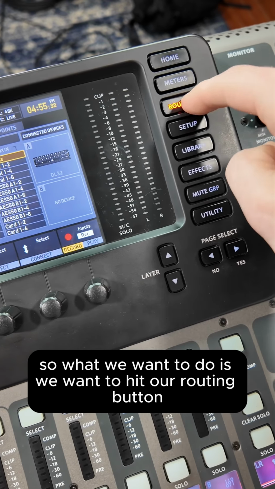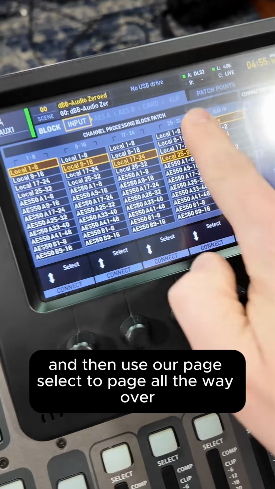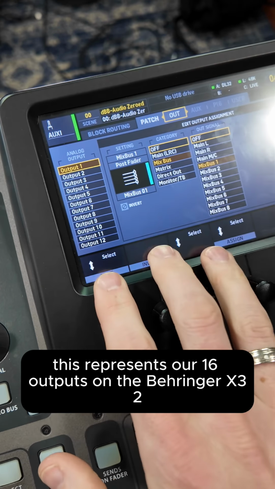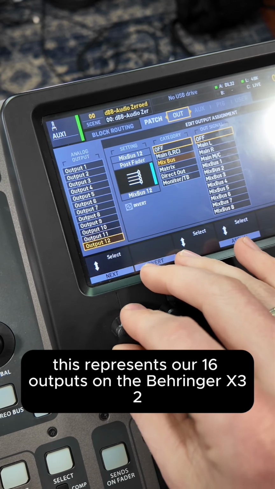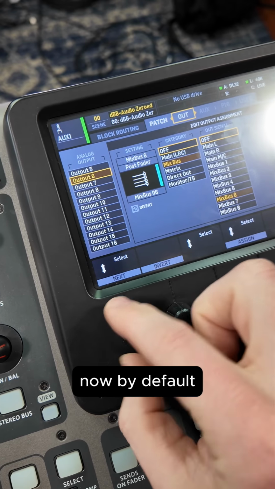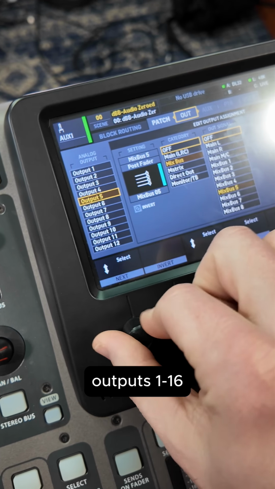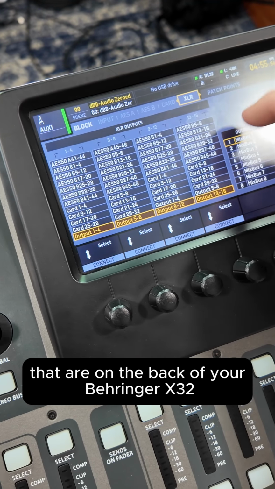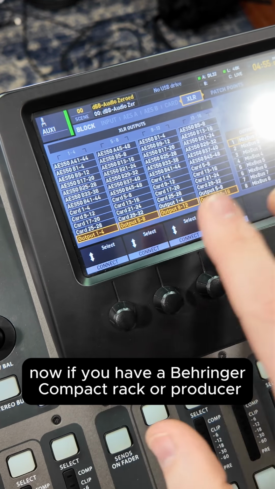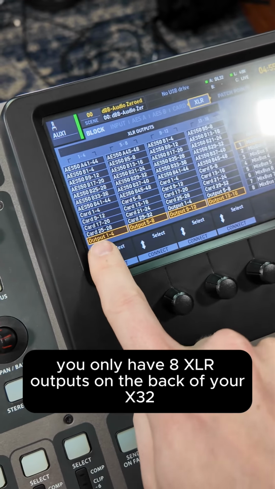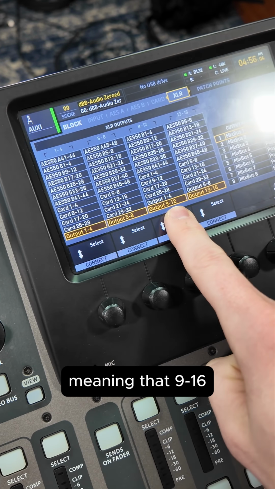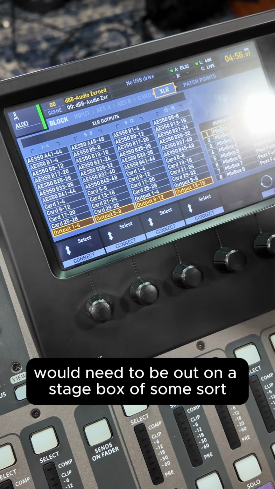So what we want to do is hit our routing button and then use our page select to page all the way over until we get to our patch points and get to our out page. Now, this represents our 16 outputs on the Behringer X32. By default, outputs 1 through 16 are routed to the XLR outputs on the back of your Behringer X32. Now, if you have a Behringer Compact or Producer, you only have 8 XLR outputs on the back of your X32, meaning that 9 through 16 would need to be out on a stage box of some